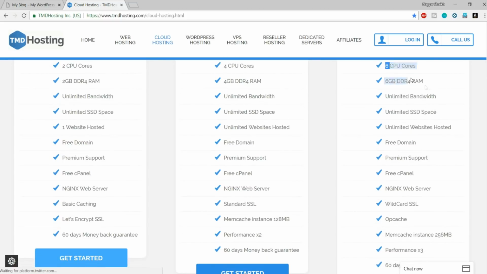If you see the first two features, it says 6 core CPU and 6 GB of DDR4 RAM. Just a few moments ago, I explained that a hosting is nothing but a computer wherein all your website data is saved and that computer is running 24/7. The computer which these guys are using is really amazing, super fast, with a 6-core CPU and 6 GB of DDR4 RAM. Then the next feature is unlimited bandwidth,